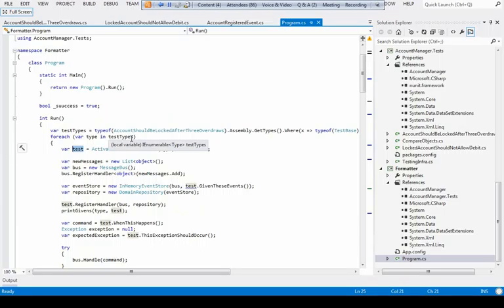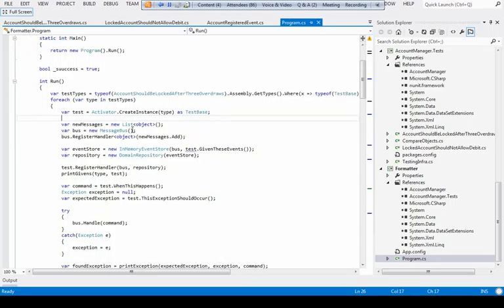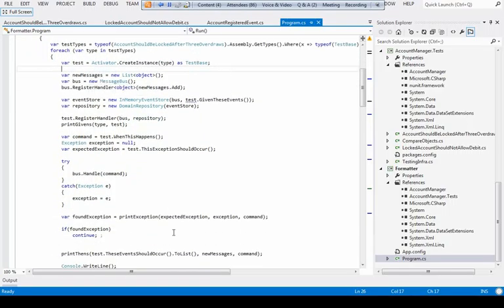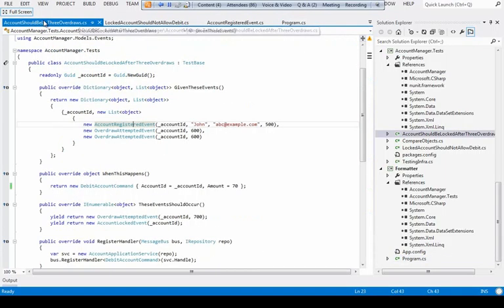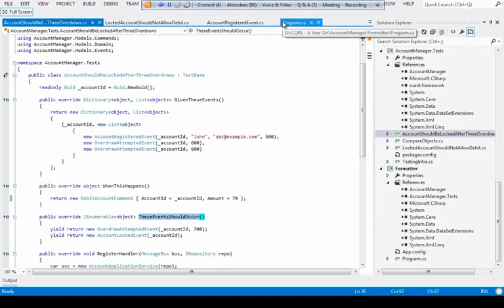Ideally, if you wanted to make this production grade, you would inject the assemblies that you want to test, perhaps via the command line or something. But then it creates instances using activator.createInstance for the tests, and then it calls out to those methods that are in the test. So when this happens, these events should occur, and then it compares to what it